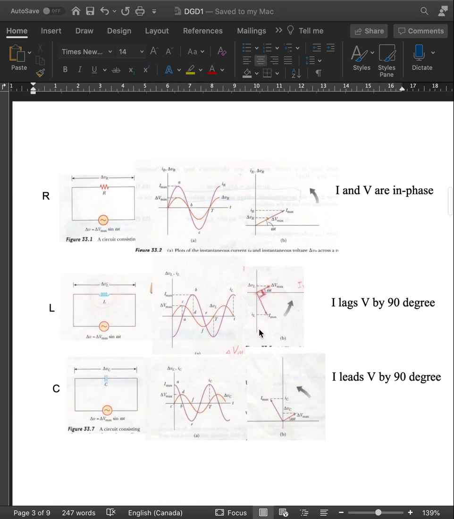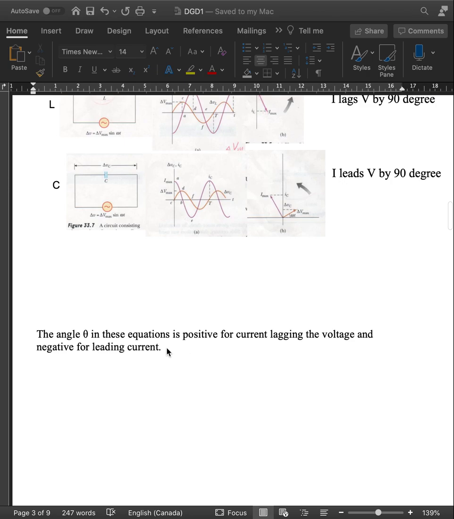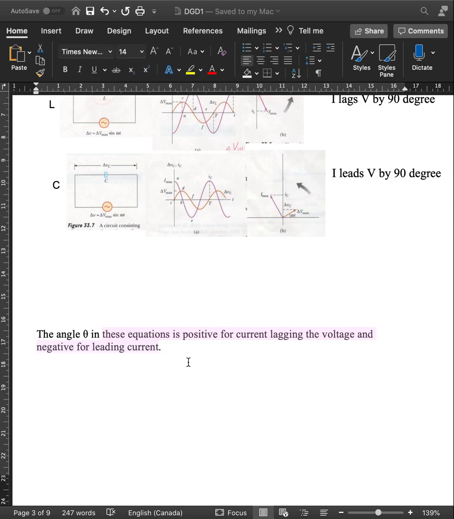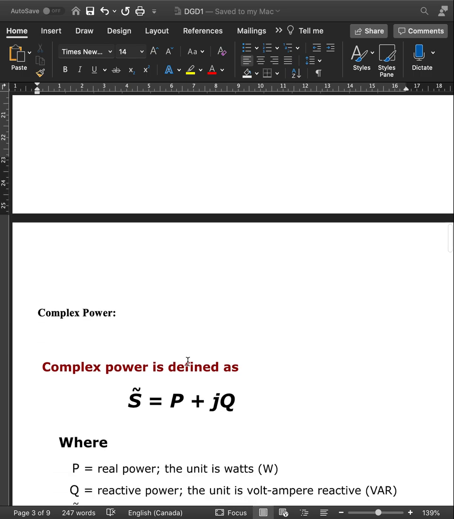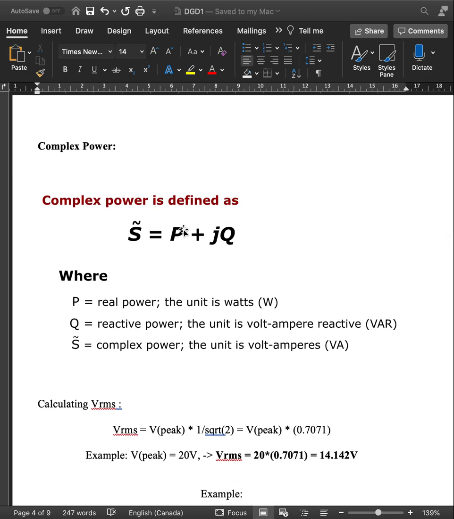So let's look at the complex power right now. Don't worry about this at the moment; we will focus on this a bit later. So we have complex power. Complex power is the combination of real power, which is in watts, plus reactive power, which is in VAR, which is in terms of a useless power, or just not used at all. However, when we are calculating the complex power or solving a single-phase circuit, we generally focus on